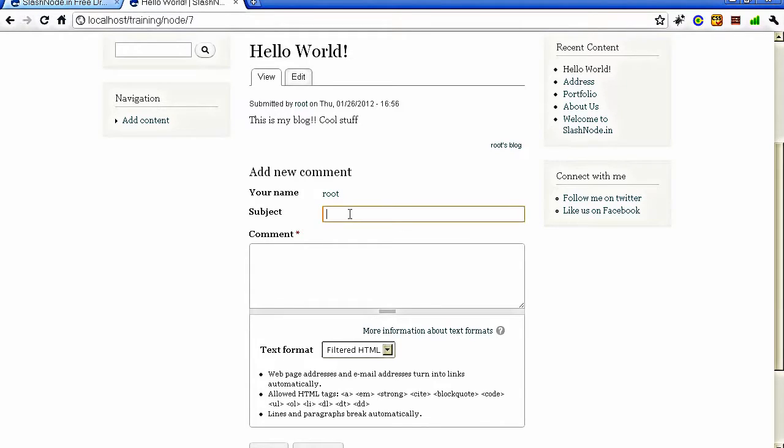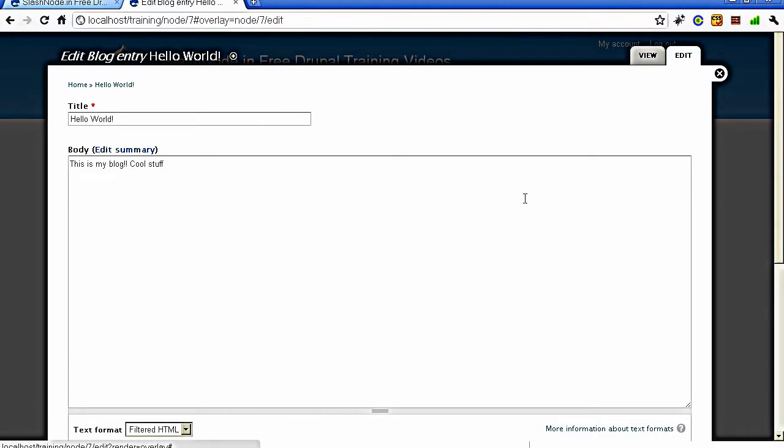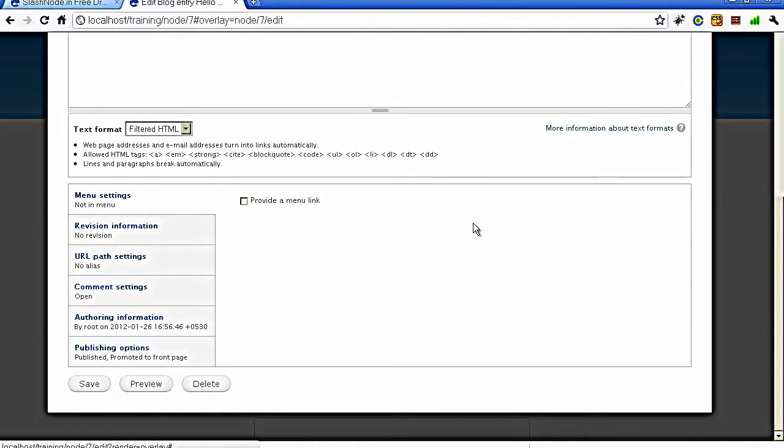So when you create a blog, you have an option to either enable these comments or disable them. By default, the comments are enabled when you enable the blog module, and I'll tell you how to disable it. And there is a possibility to enable or disable the comment section for a particular blog post. So for example, if I go to this edit tab here, let me come down, and here you see under the comment settings.